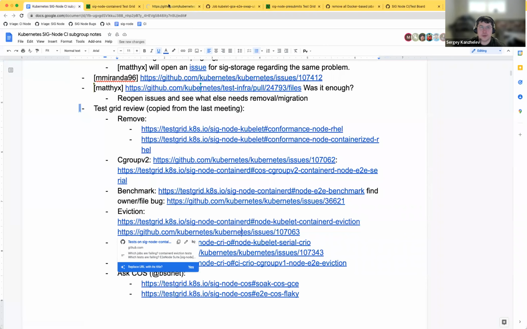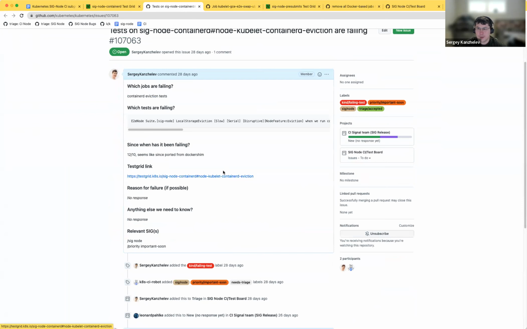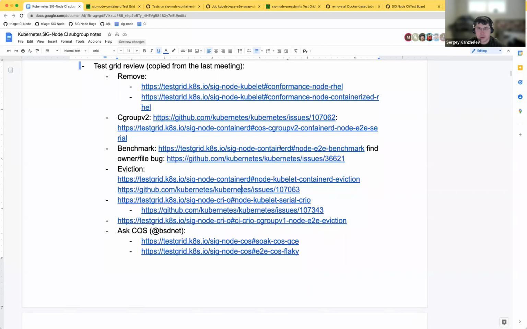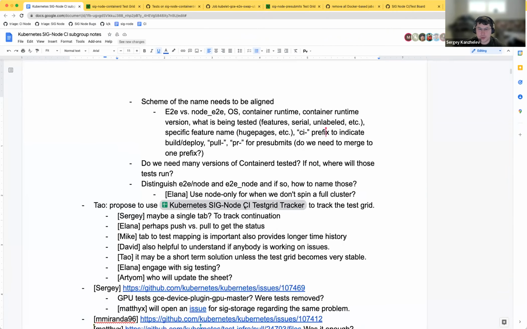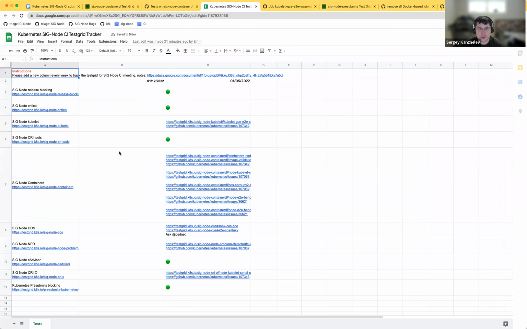Is the issue assigned? No. Okay, we probably need to go to the pod triage. Mike, you said when you looked at this document that you looked at all the test grid and created this new issue. Is there anything else that needs to be taken care of?